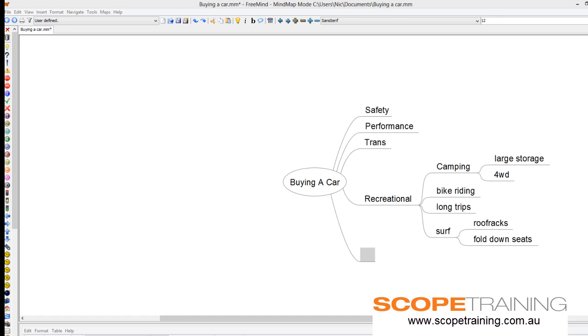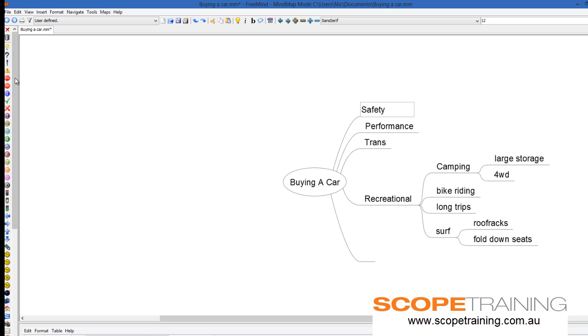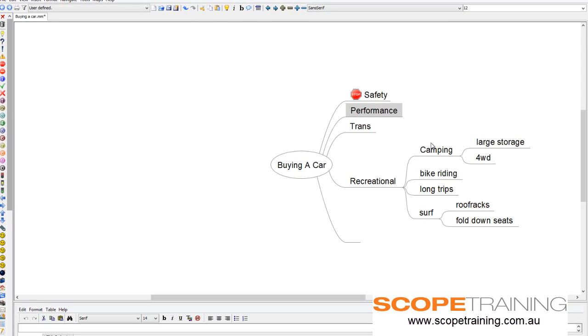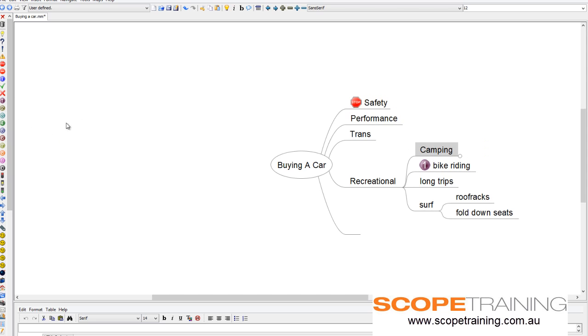Right. The other part of the icons, which are located here, you can also right-click and insert icon, but it's just easier clicking on here. You can also scroll down and find more icons. Icons are easy, just insert them, such as pressing a stop sign there. Decision making, the ticks and crosses are quite good, so you might say, hey, this is a great idea, or no, we don't require this functionality. You might use the numbers to prioritise how important a certain characteristic or decision is. Using that, there's traffic lights, happy smile faces, there's even a penguin. I'm not sure where to use this, but the Linux kids would be kept happy by